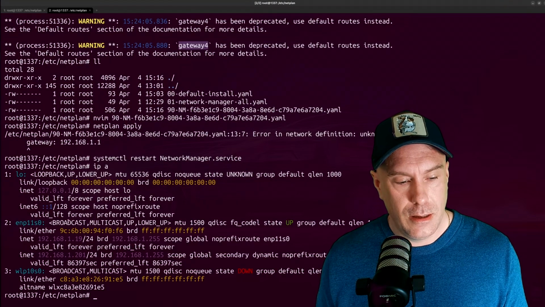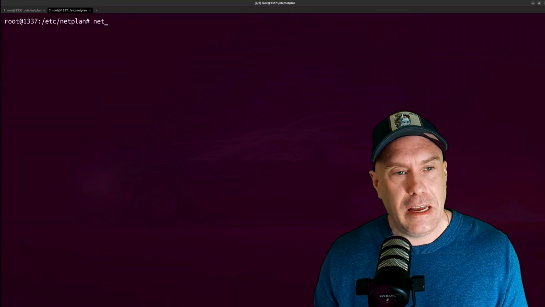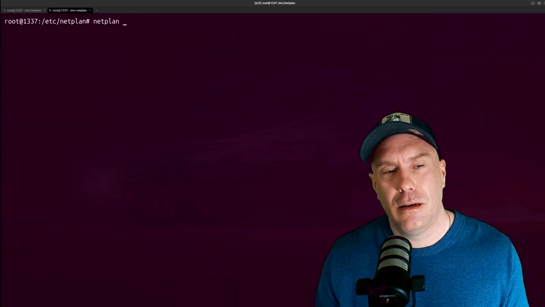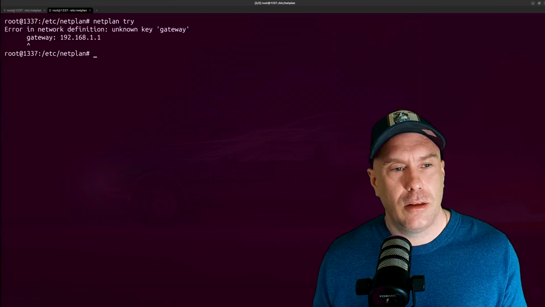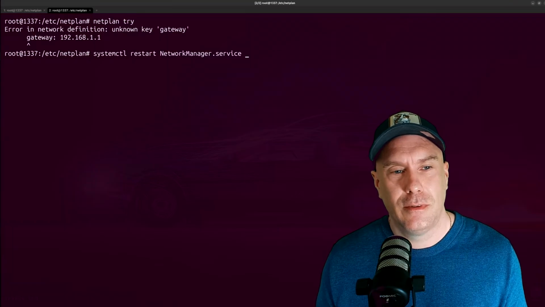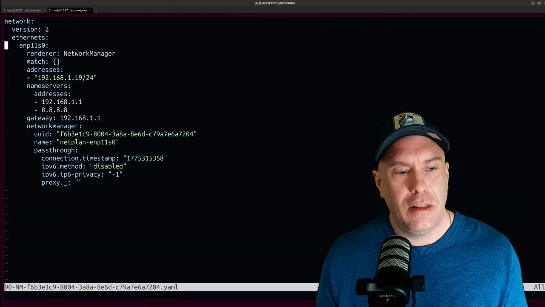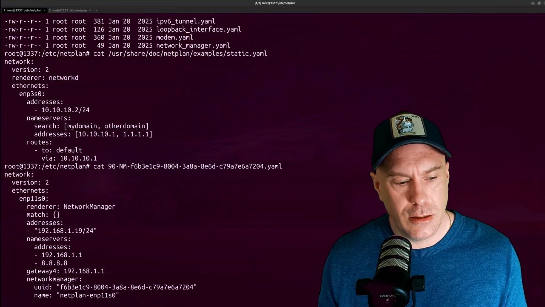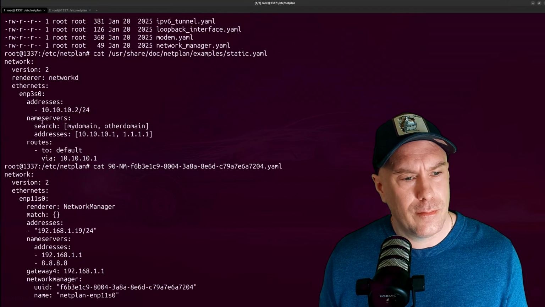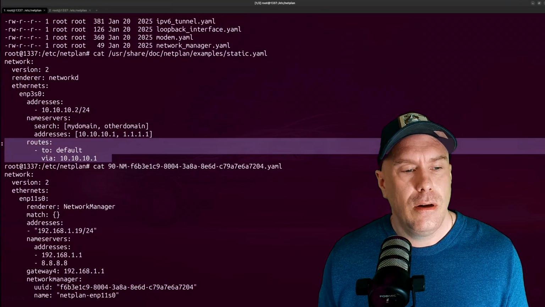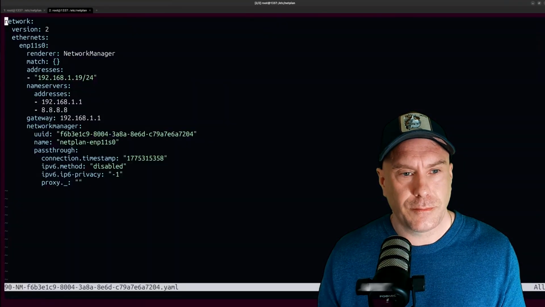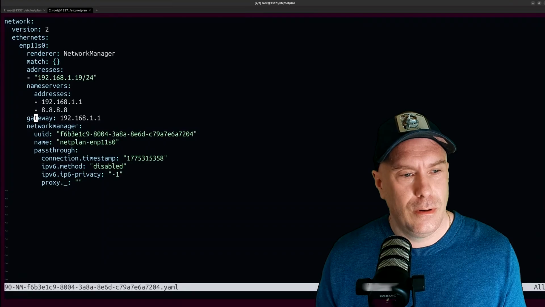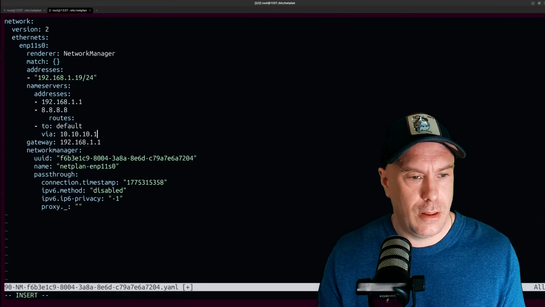It still has this IP. So netplan try is complaining about the gateway. We're just doing nerdy things right now, but this doesn't matter at all. Gateway, should it be written in a different way? Should it? Routes. Oh, here it's using routes. Default. Oh, I wonder. This is just for fun. If we do that,